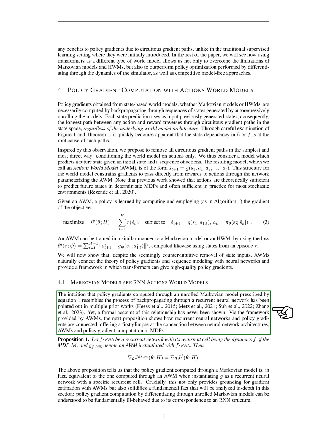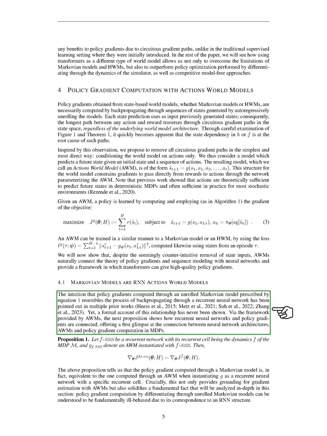Through the lens of actions world models, AWMs, we offer a fresh perspective on how RNNs and policy gradients intertwine, shedding light on the interplay between neural network structures, AWMs, and the mechanics of policy gradient computation in Markov decision processes, MDPs. We reveal that the policy gradient derived from a Markovian model is essentially identical to that obtained from an AWM when the latter is configured as an RNN with a specific type of recurrent cell. This insight not only lays a solid foundation for estimating